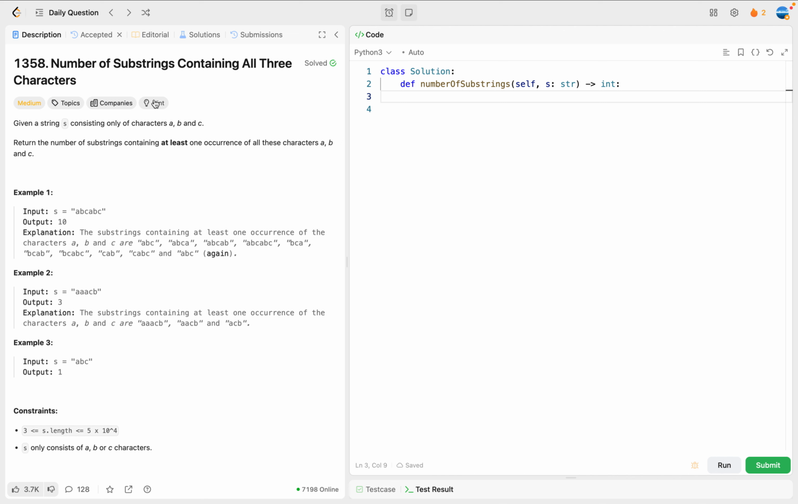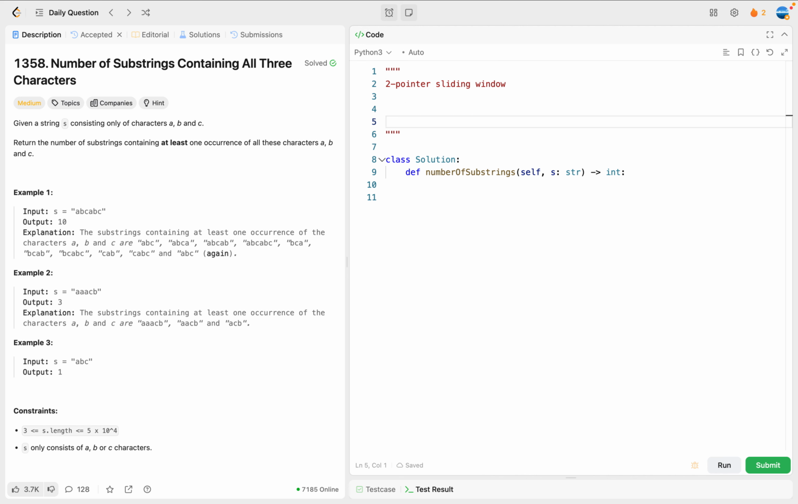Let's look at today's daily challenge problem: Number of Substrings Containing All 3 Characters. In this video, again, we're going to use the two-pointer sliding window method. As you can see from my previous video for